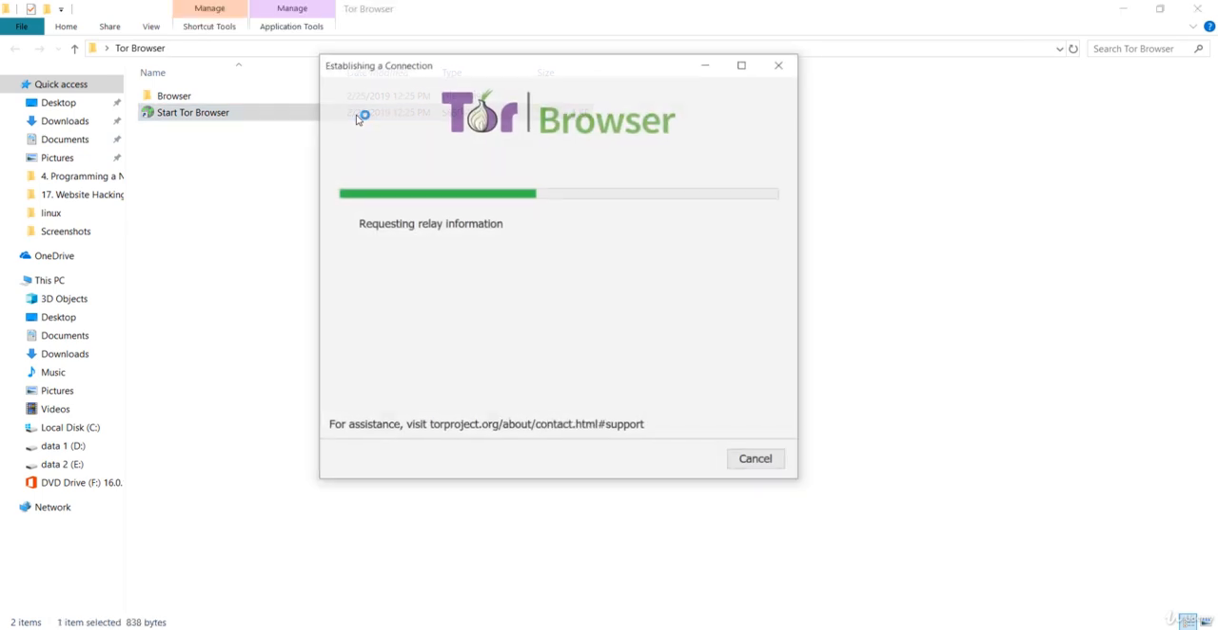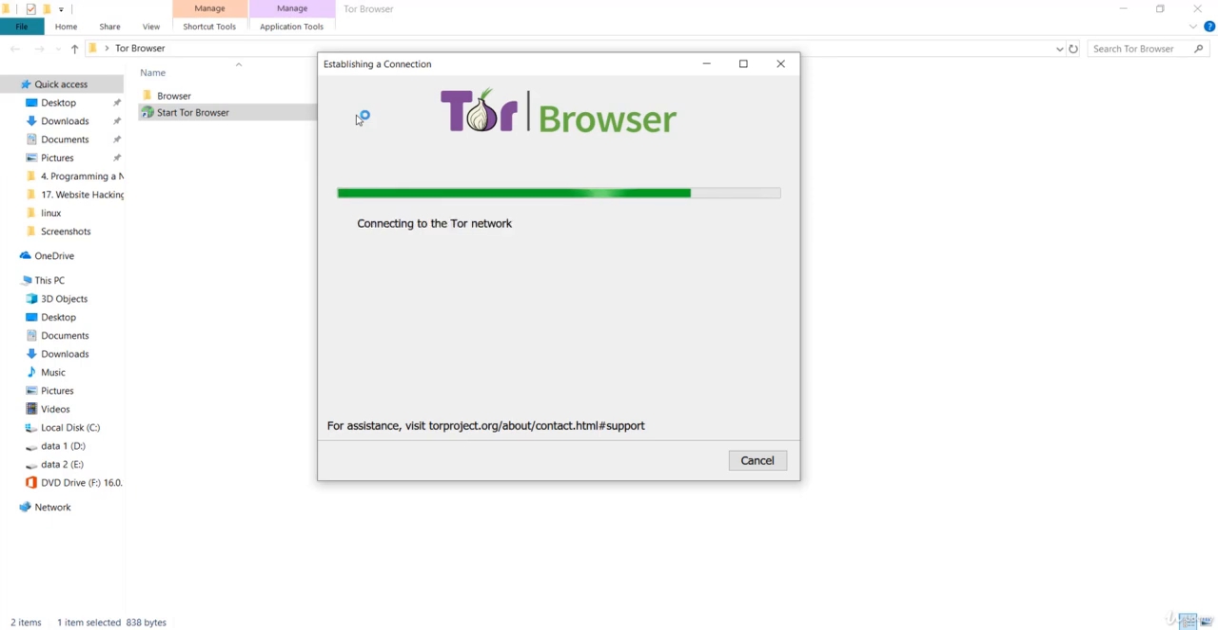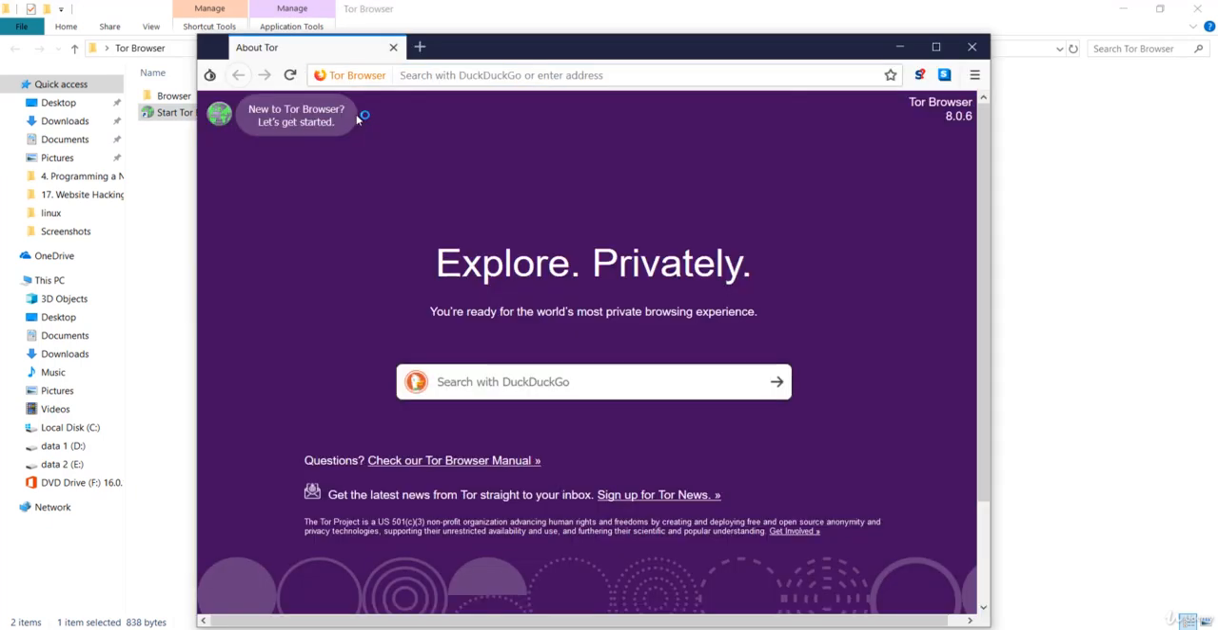Then you should get this Tor browser establishing a connection tab. Give it some time to load and it will give us the Tor browser. This is the Tor browser that is going to open the hidden websites that are in the